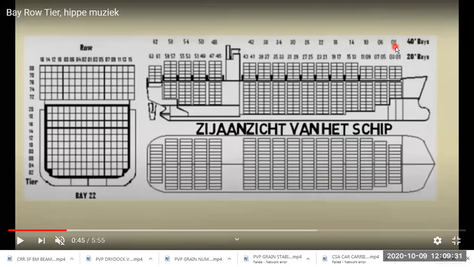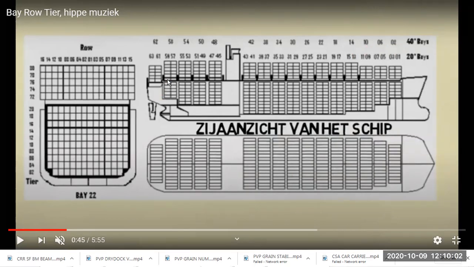So you can see here, this is 02, meaning a 40-foot bay, which combines both the 01 bay and the 03 bay. So two 20-foot containers will come in one 40-foot bay, and then we have a little bit of a gap also. So like this we continue with the bay numbers, for 20-foot 1, 3, 5, 7 and for 40-foot 02, 06, 10, and we reach up to the last, up to the poop deck, and like this you can see it's measured.